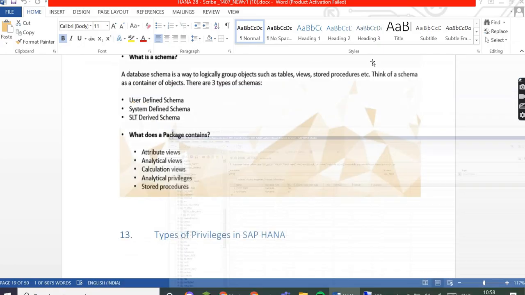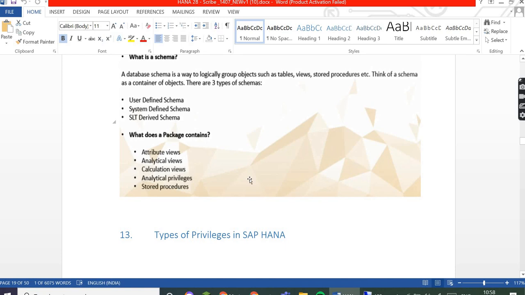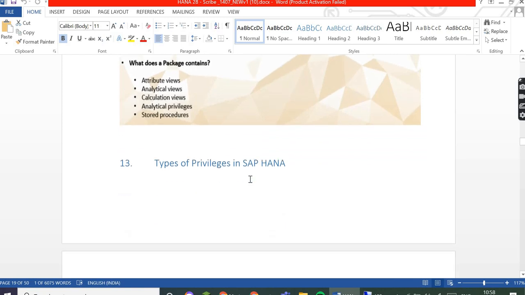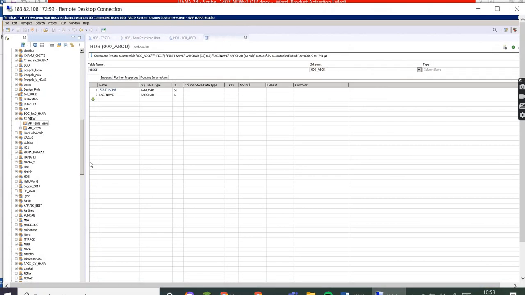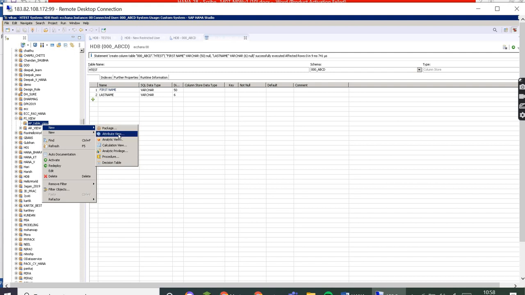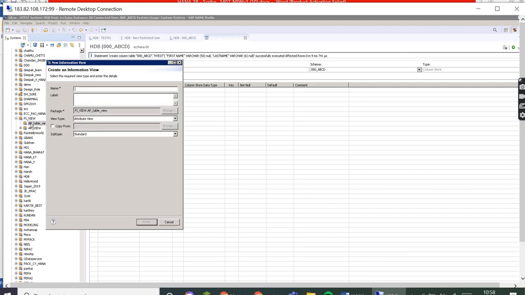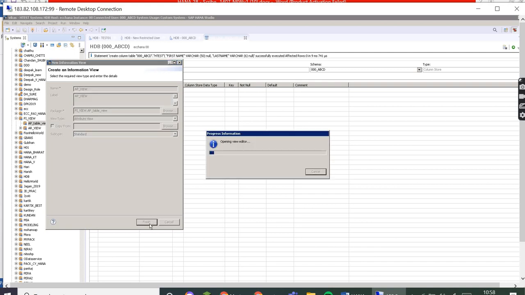So Mehul or Venkat, any question on the package? I understand what is meant by package, but what will we define in those sub packages and subfolders, I'm not sure. It is nothing but the view. So if we create any view, for example an attribute view, this view will be saved into this package, okay? And then if you want to give access for this view, we have to provide first the folder and subfolder access and then the view access, then only he is able to see the data inside the view.